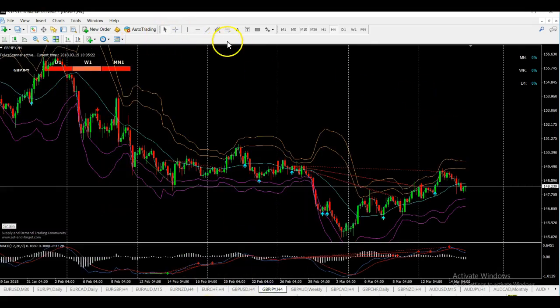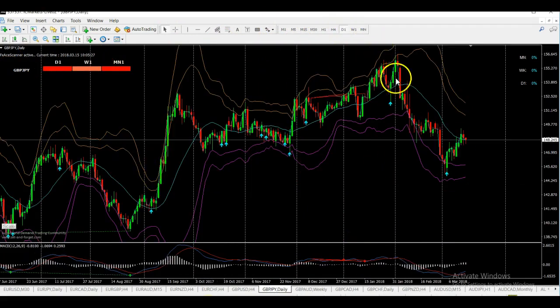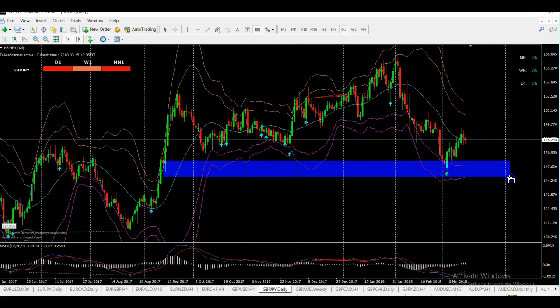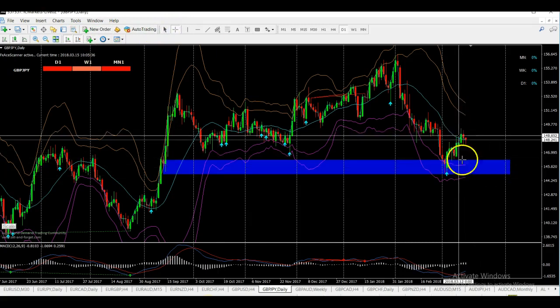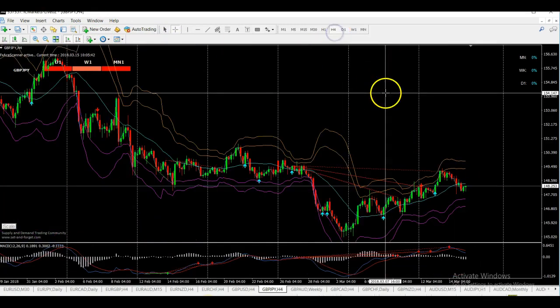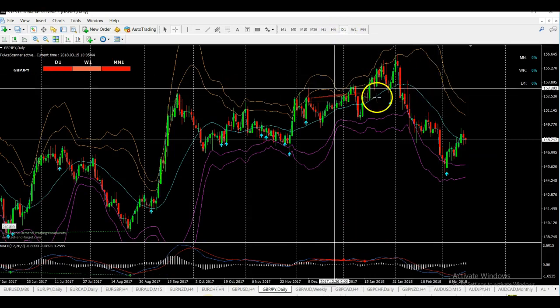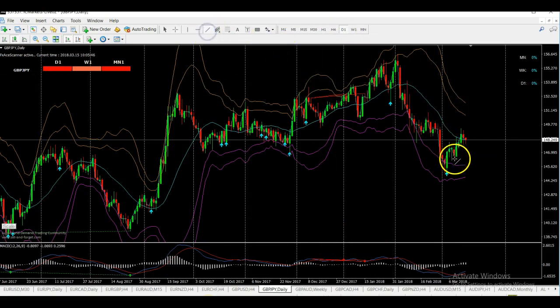British pound, Japanese yen, looking like... Let's zoom into the daily. Last week I had a nice daily signal. This area here. So today, and this is getting very steep. We could be getting just a